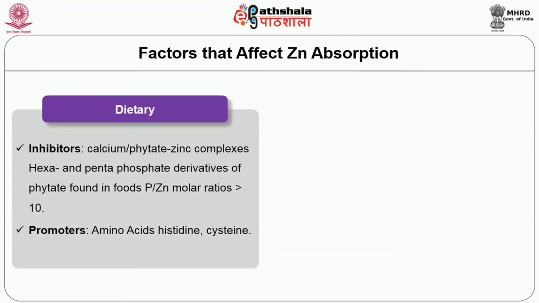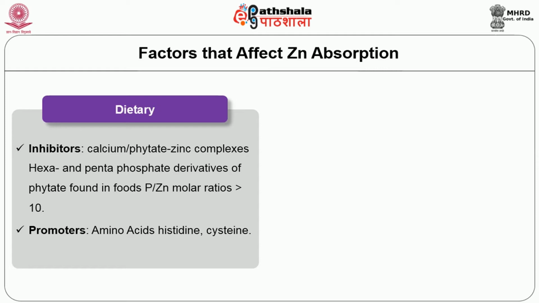As I said earlier, zinc absorption is only 25% because there are different factors that affect zinc absorption. The first and most important one is the dietary factors. Our diet contains certain inhibitors that inhibit the absorption of zinc into the intestine and to the blood. The best known inhibitors are calcium and phytate, which form complexes with zinc, and it does not allow zinc to get absorbed. So, high amounts of zinc supplement should not be taken with your diet. It should be taken away from your main meals.